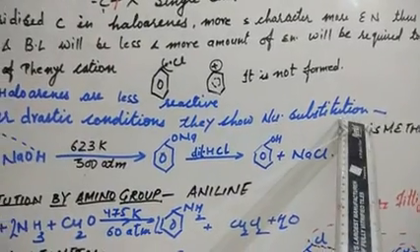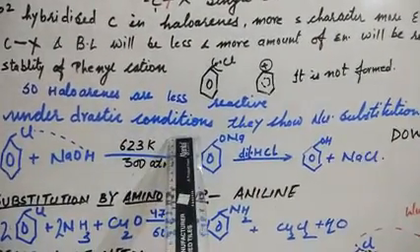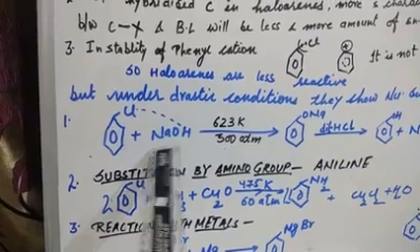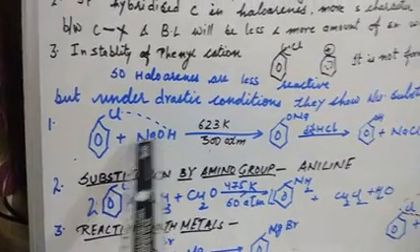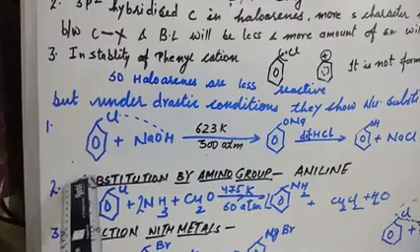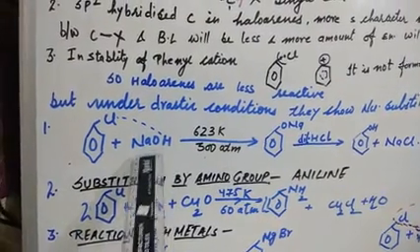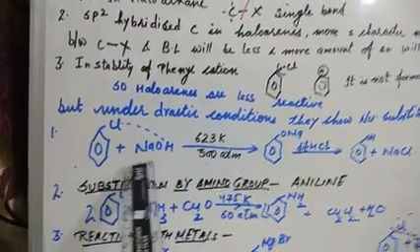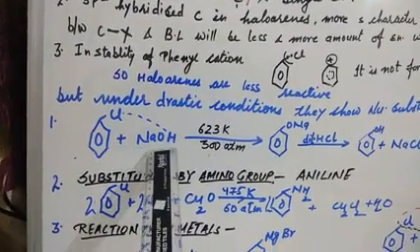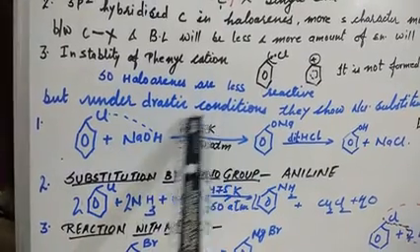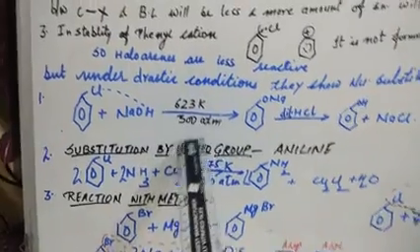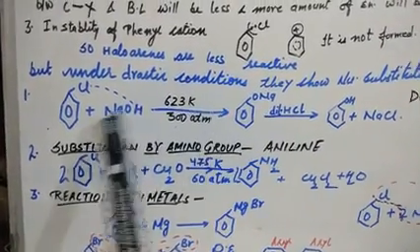ये भी दे सकते हैं nucleophilic substitution, but drastic conditions चाहिए. Like if I am taking chlorobenzene here, reacting with NaOH or KOH, like we did in case of haloalkanes also. Aqueous KOH, if we take in haloalkane, that gives alcohol. Here also I have taken this NaOH. If I will not mention these conditions, students, remember that 623 Kelvin and 300 atmospheric pressure, no reaction will take